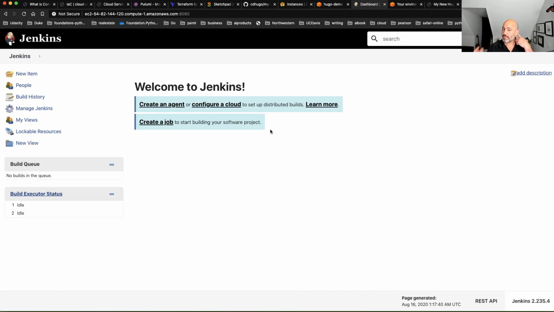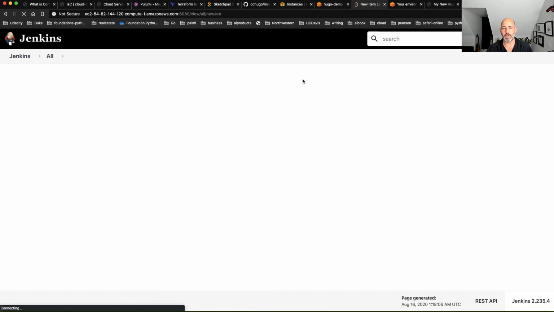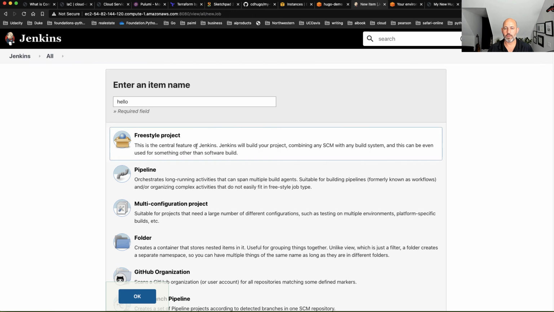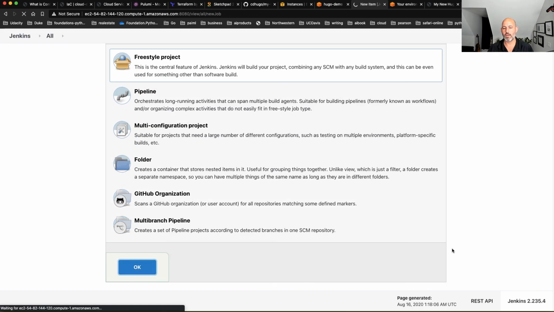And the way I've typically done this is that I like to put Jenkins inside of NFS mount points, so that when Jenkins is triggered, it'll automatically deploy the code to NFS mount points. So I think that might be one of the best ways to use Jenkins. But let me just show you the hello world, how to test it out. We could go here and we could say, hello. Let's just make a quick hello world. Go OK.